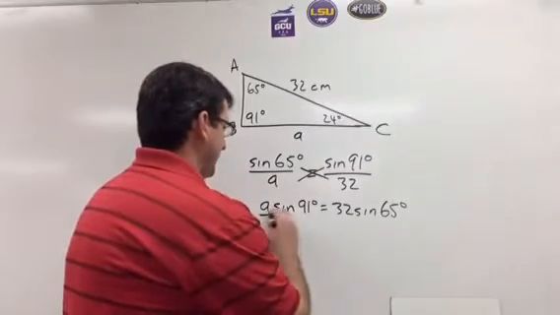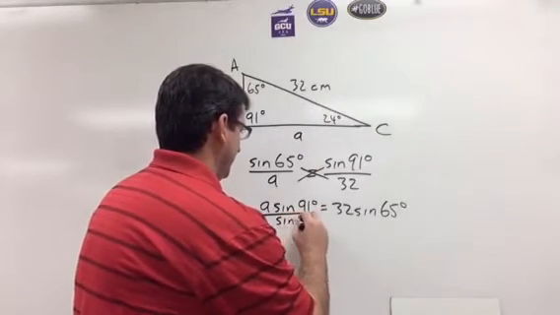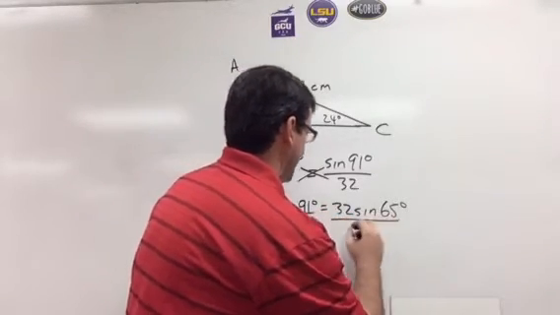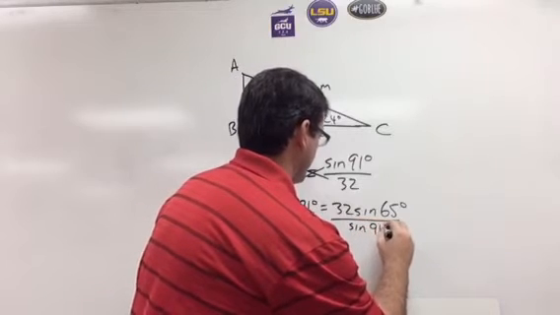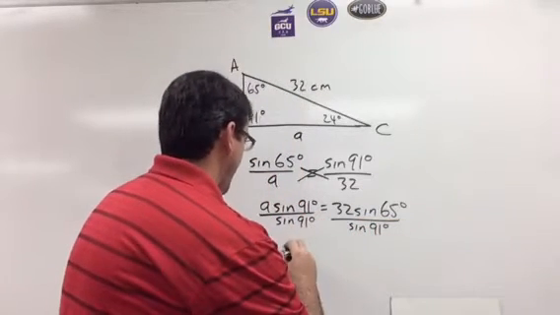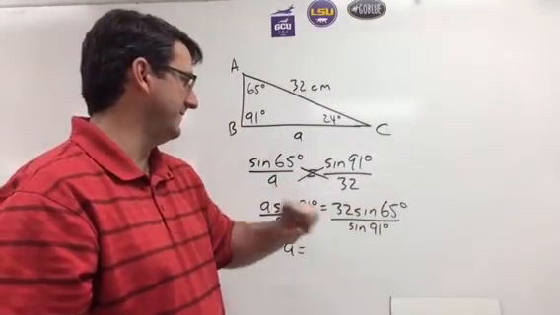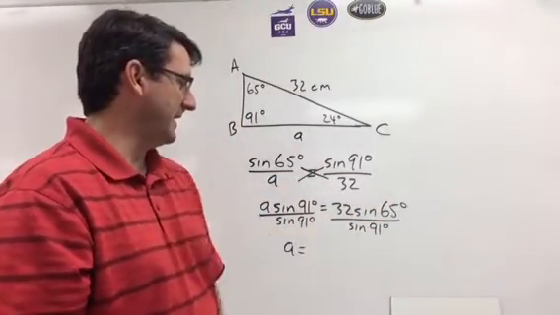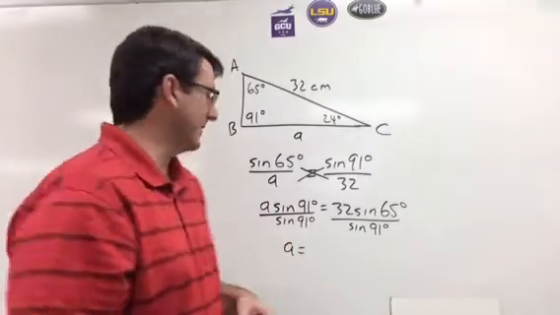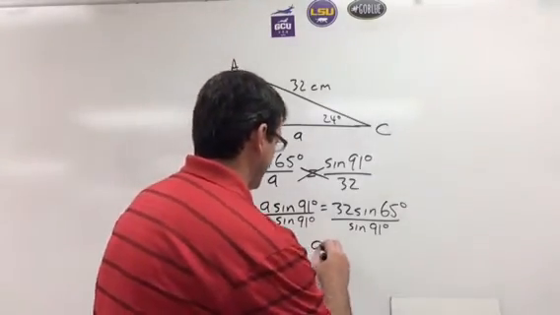And then to get A by itself, we'll divide by the sine of 91 degrees on both sides. And so we get A is equal to all of that, 32 times the sine of 65 degrees divided by the sine of 91 degrees. We plug that into our calculator and we get that A is equal to